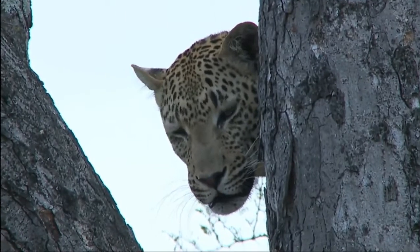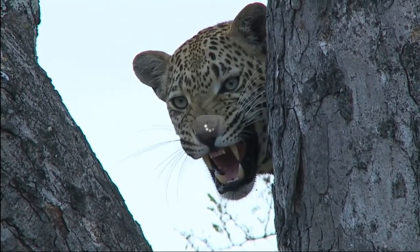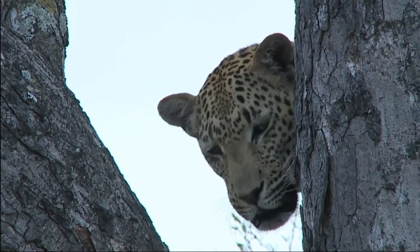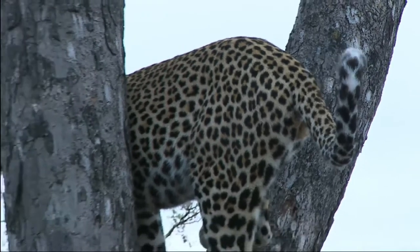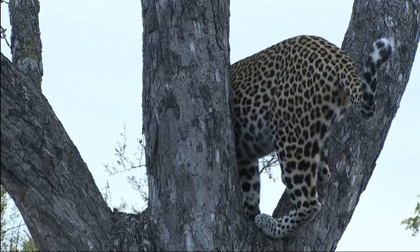Telling us he's not too comfortable. It's okay, my boy. So that's a typical reaction some leopard have to a camera lens or binoculars, or in fact anybody just making eye contact with them. It's just leopard